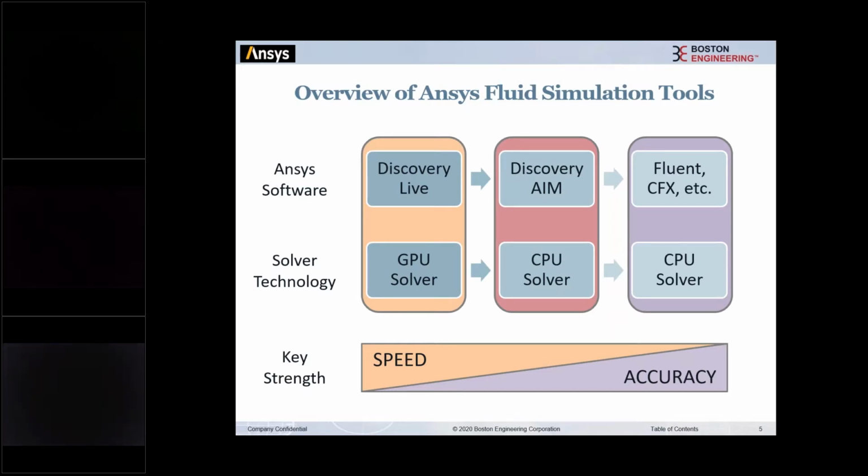They've been around for many, many decades, Fluent and CFX. And so these are the three categories, if you will, of tools that Ansys offers. And currently in the year 2020, we do still have to make a trade-off between speed and accuracy. And that's just the way it is with computational fluid dynamics and mechanics and a lot of the computer-aided engineering software that we have. And so what Ansys has done by developing Discovery Live is put in a solution for